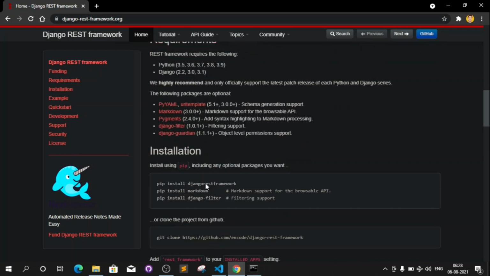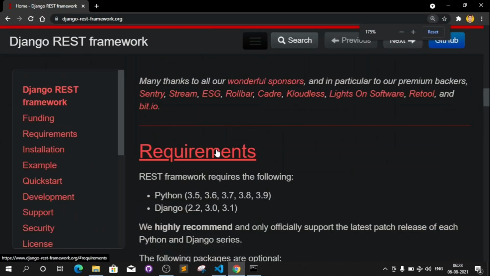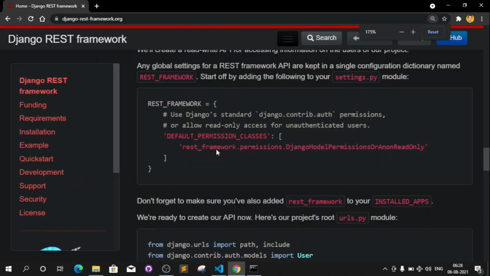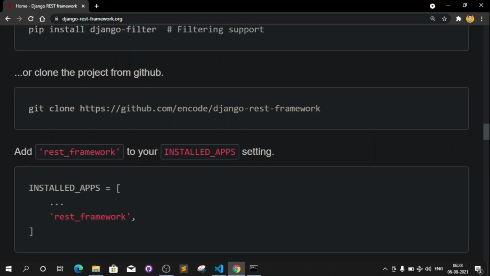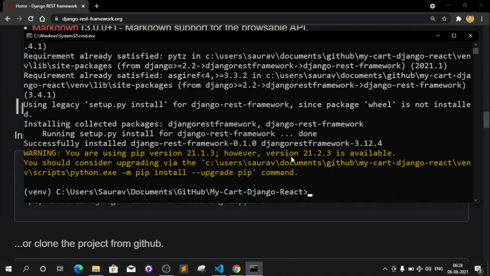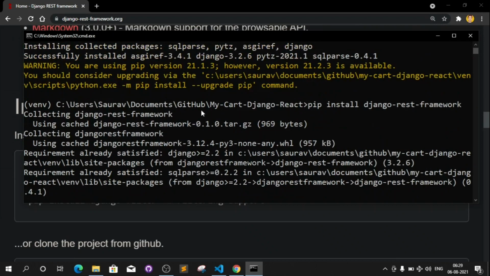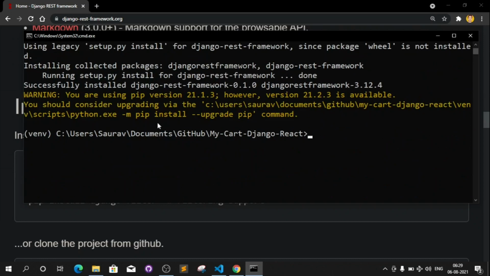Let me come here and see. So actually we mistyped this. You have to type pip install Django REST framework without any spaces. So Django REST framework is without any spaces. Let me zoom in on this, and where is this? This one, pip install Django REST framework. So it installed Django REST framework. Basically it accepted this error, so it doesn't show an error and installs this properly.